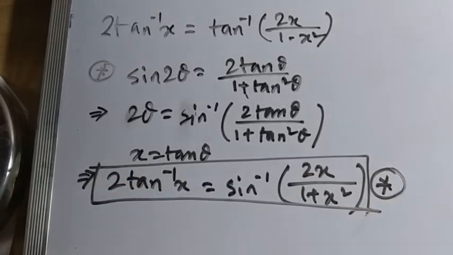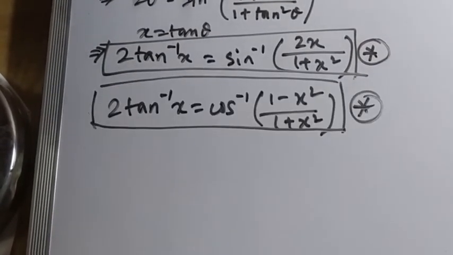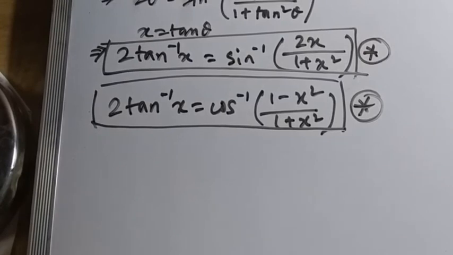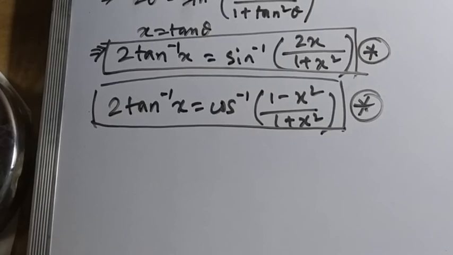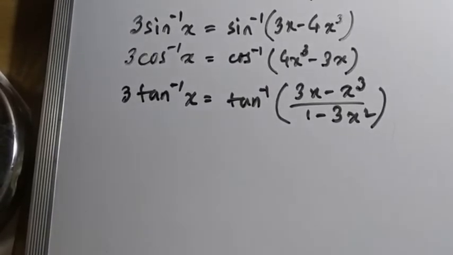And also with cos we have another. Let me write the formula. So this is the formula with tan and cos. Similarly, we also have formulas with cos for angles of 3 theta. Let me write the formula. I think you can establish them. So these are the formulas with 3 theta angles. So here we conclude this video with the formulas of inverse trigonometrical functions.